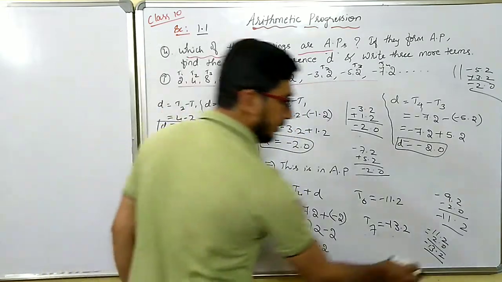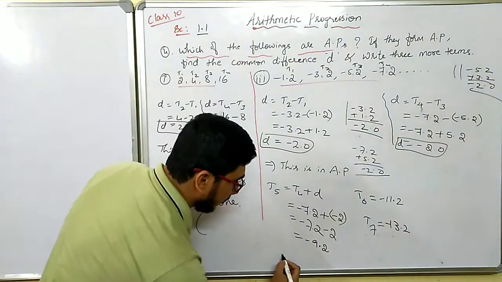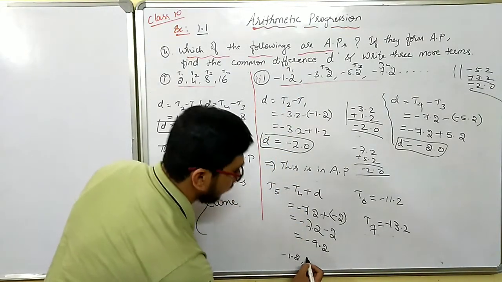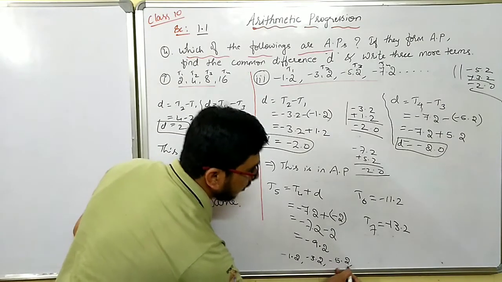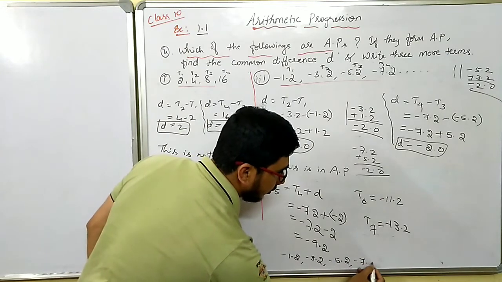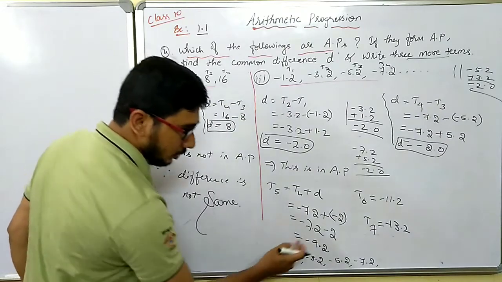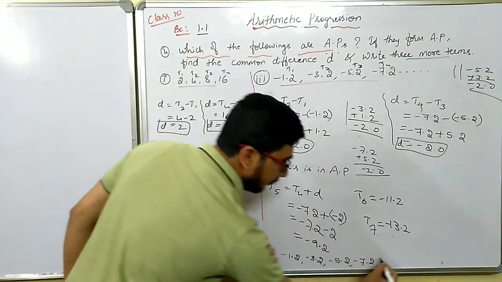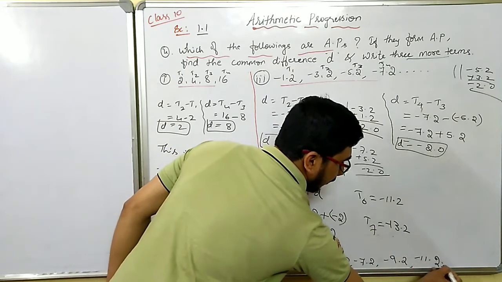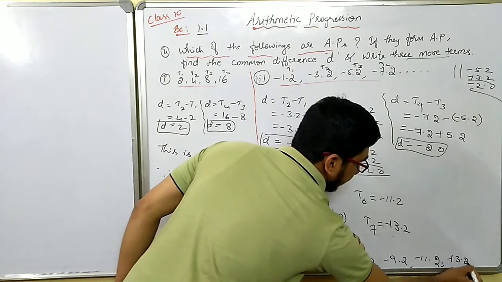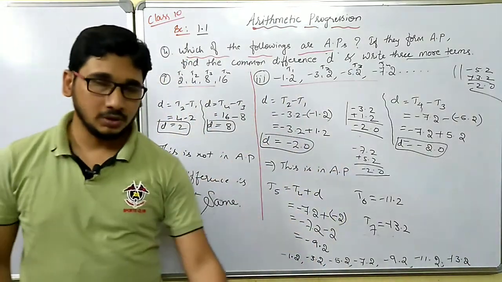This is what, the next three terms I have written. So how to write the next three? First we write down all these numbers: minus 1.2, minus 3.2, minus 5.2, minus 7.2, next three numbers. What they are asking, next three more terms. What are those three more terms? 1, 2, 3. Let me write down. Minus 9.2, minus 11.2, minus 13.2. So I have written like this. So similarly all the problems you have to do.